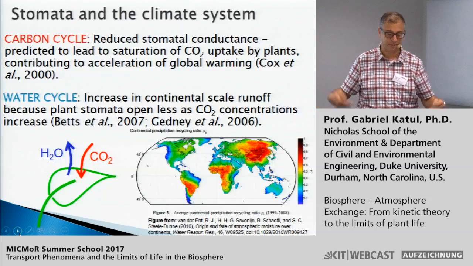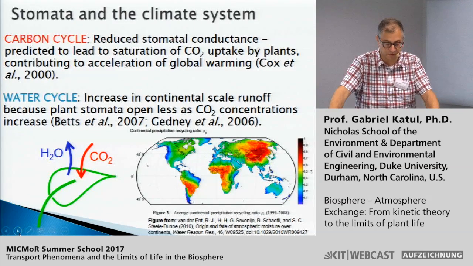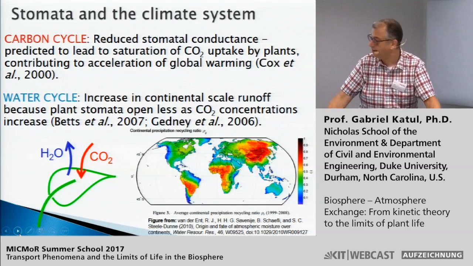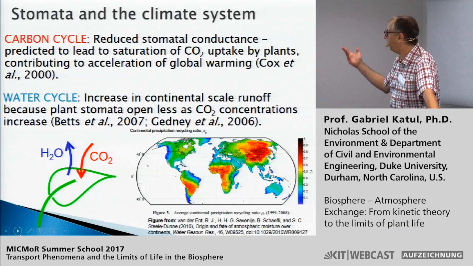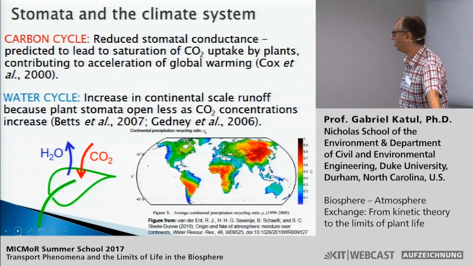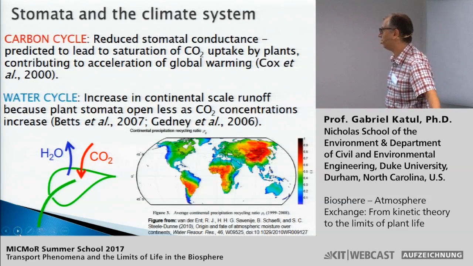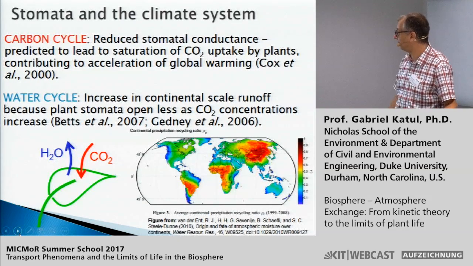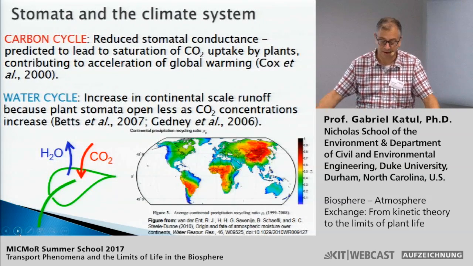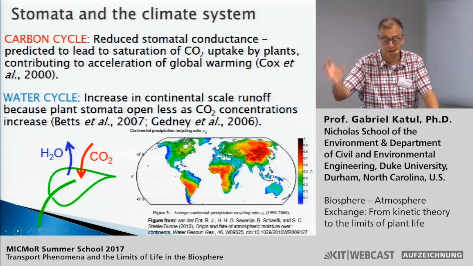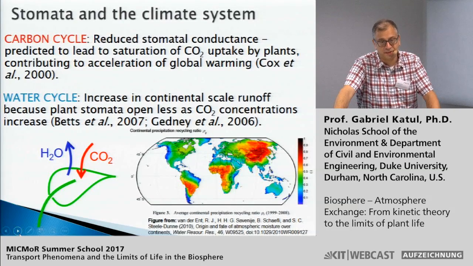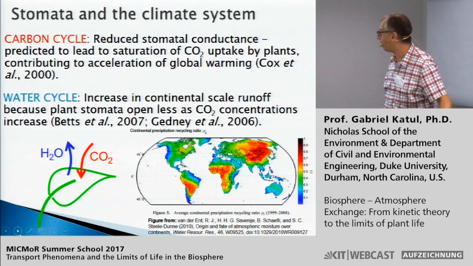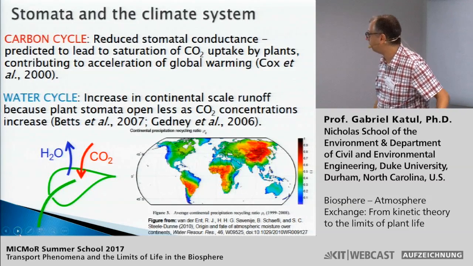So you increase temperature, you increase CO2 emission, temperature goes up. And that's because primarily the biosphere has saturated in its ability to uptake carbon dioxide. And that was kind of the idea behind a very influential paper by Peter Cox from the Hadley Center in 2000. The water cycle, there is a whole bunch of them as well. A few of them are picked here, that deal with the continental scale runoff. And primarily the argument is that if plants open their stomata less, precipitation statistics are probably not changing, transpiration will go down, so continental scale runoff will go up.